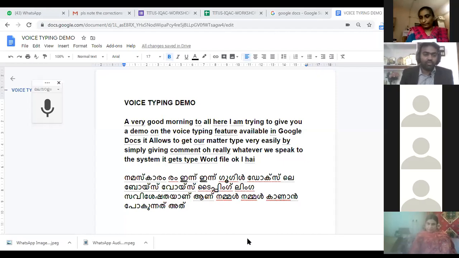Many people who approach the press give the material in writing, and again they need to type it, because the person feels he cannot get the matter typed by himself, so he wants the press people to do the typing. It is time consuming and money consuming, and when they read something written by someone else, there will definitely be mistakes, isn't it? Instead of that, we can give the document typed by using these tools. Even if we are not good at typing, we can use voice typing and give it. I hope it's clear.